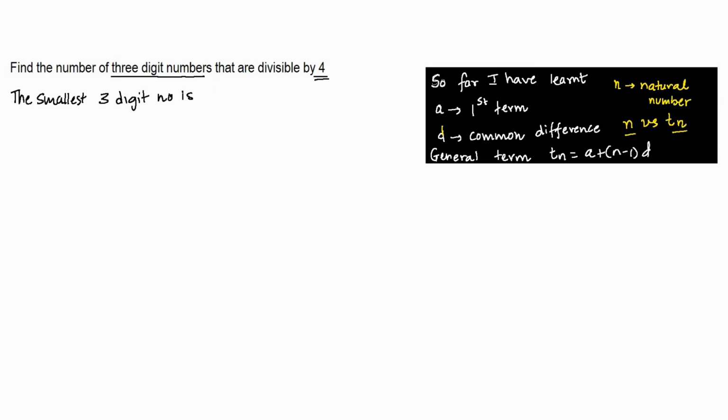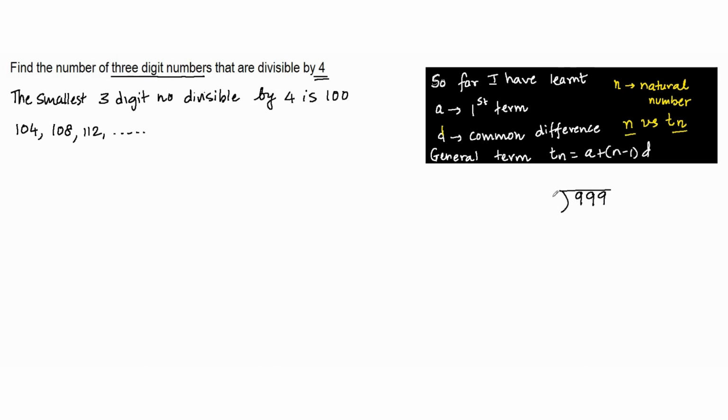And is 100 divisible by 4? Yes, I think 100 is divisible by 4. So I can say that the smallest 3-digit number divisible by 4 is 100. And therefore the next numbers are 104, 108, 112 and so on. Now I want to find the biggest 3-digit number that is divisible by 4. So I can take